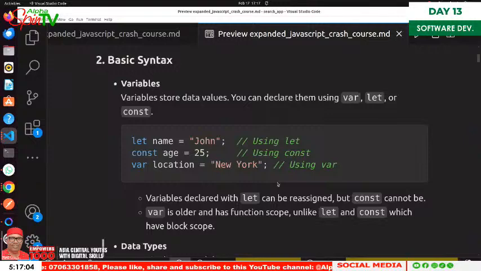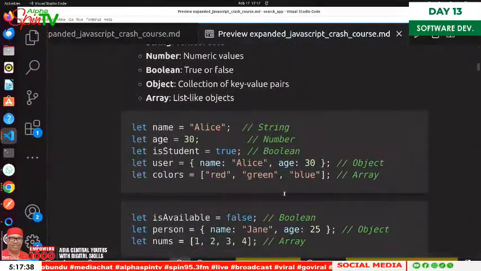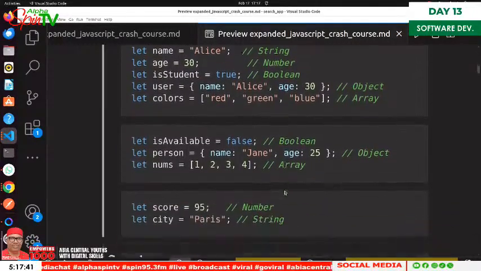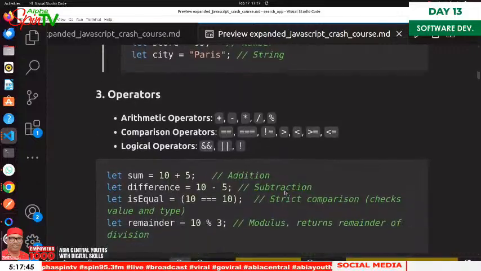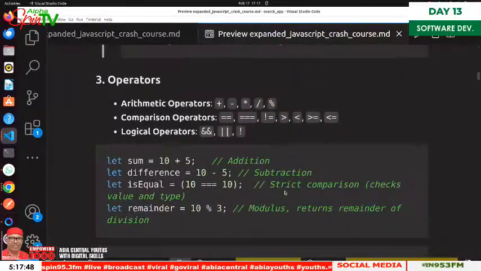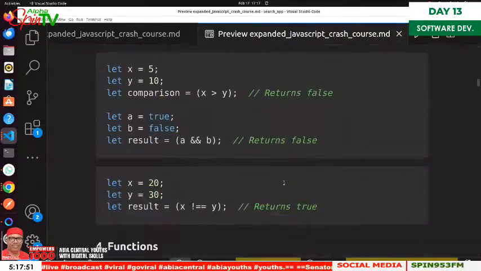Now, for the array, add 3 more items of your choice to the array using the push. Alright, so that's number 1. Number 2,